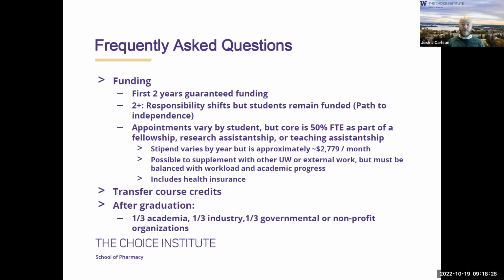As you've been in the program for a year, we encourage students to find their own RA or research positions to begin to, again, tailor what they do to their own interests. But again, we're going to work with you and ensure that you're funded in that second year. Beyond that, the responsibility shifts to the students. And this is intentional, because we're trying to create independent scientists. So we're shifting that responsibility to students so they begin to take ownership over their own path through the program.